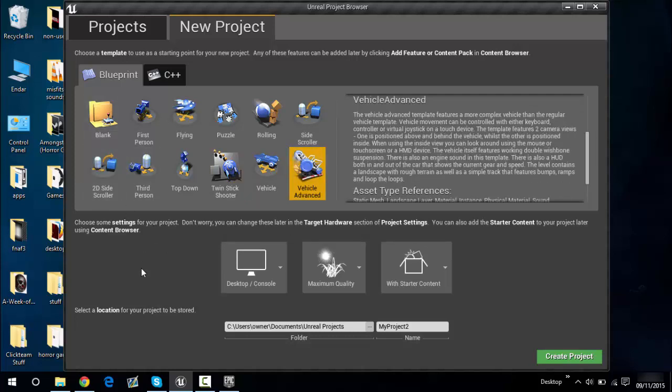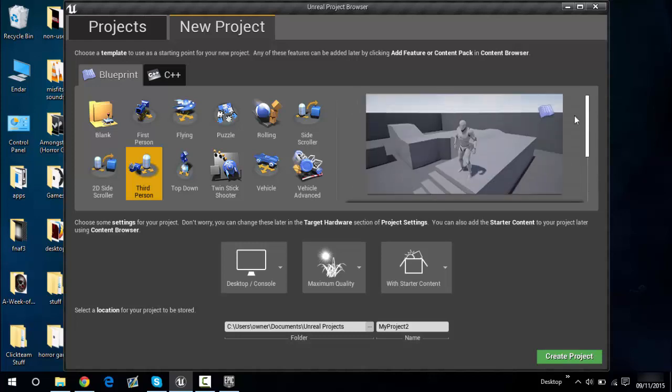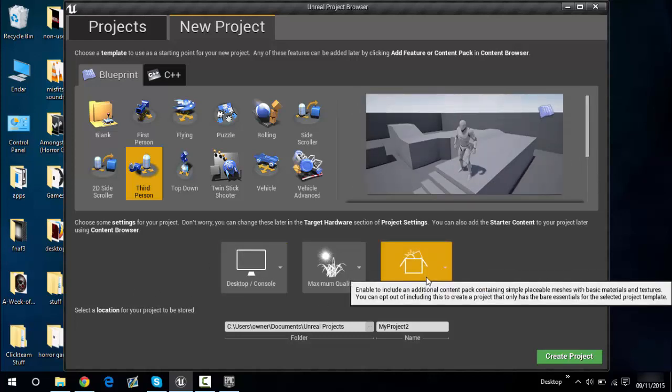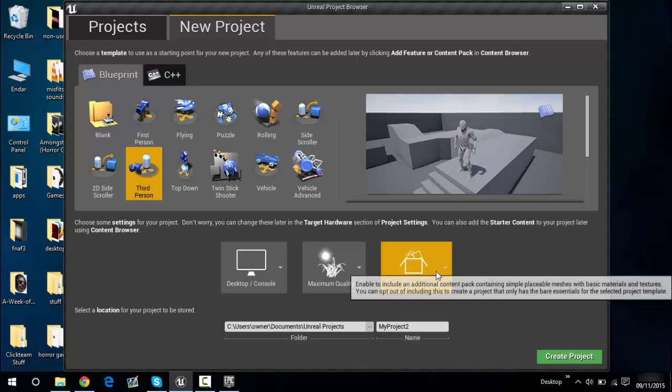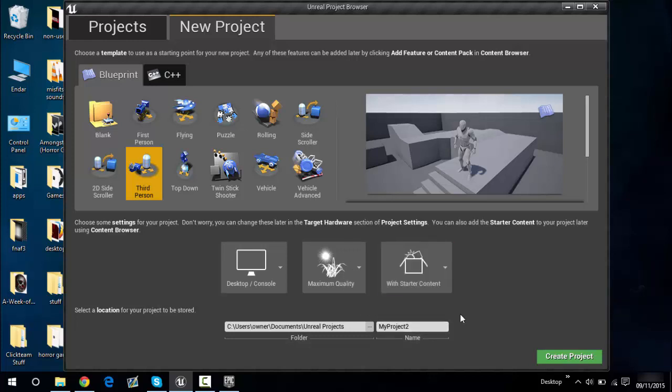But for today, for this tutorial, we are going to be going over to the third person. As you can see, the third person right there, and we are going to start with starter content. And if you want to put the name of your project, then just rename this to like